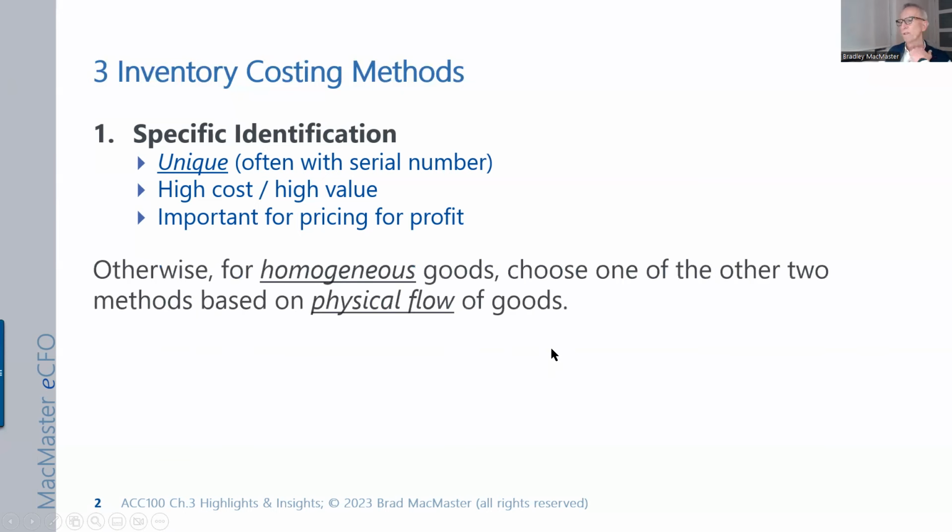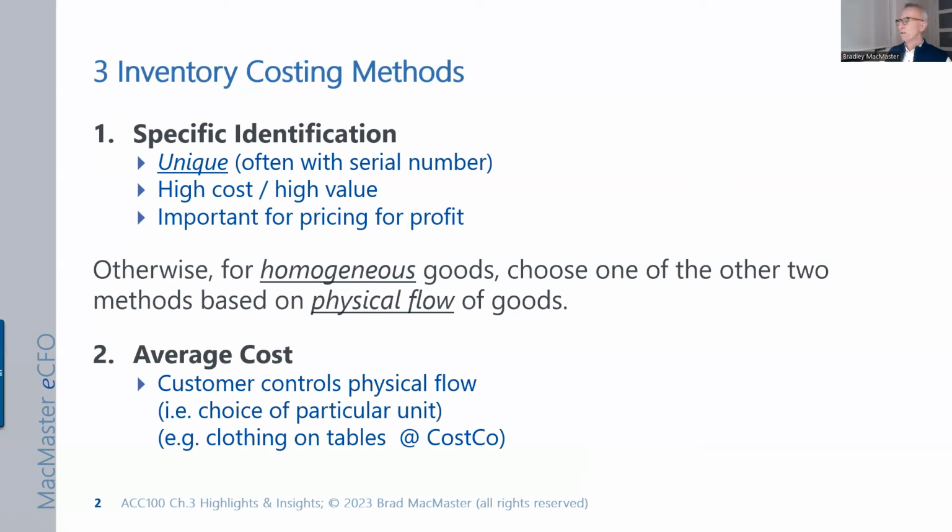But otherwise, when we're dealing with homogeneous goods, we'll choose one of the other two methods, and the choice is based on the physical flow of goods. So the first alternative is the average cost method. And this method is typically applied when the customer is in control of the physical flow of goods that they choose. So, for example, if you think about clothing on the table in the center of a Costco store,